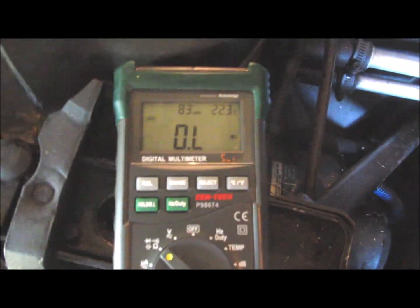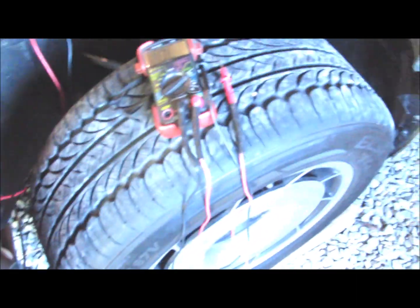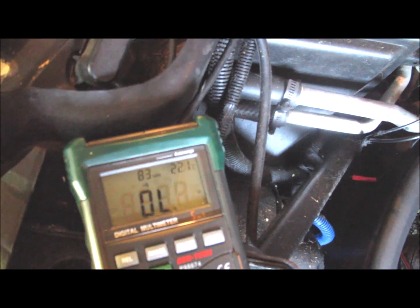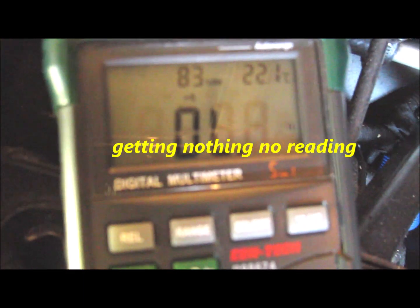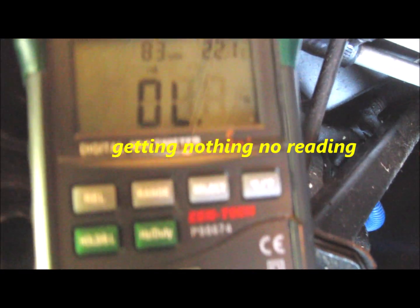Should be seeing some resistance on the sensor terminals. I'm not seeing any readings. According to the factory service manual, the resistance across the terminals should be more than 100 ohms. If the voltage is too low, it says it should be less than 1,000 ohms. If the signal voltage is too high, I'm not showing infinite resistance